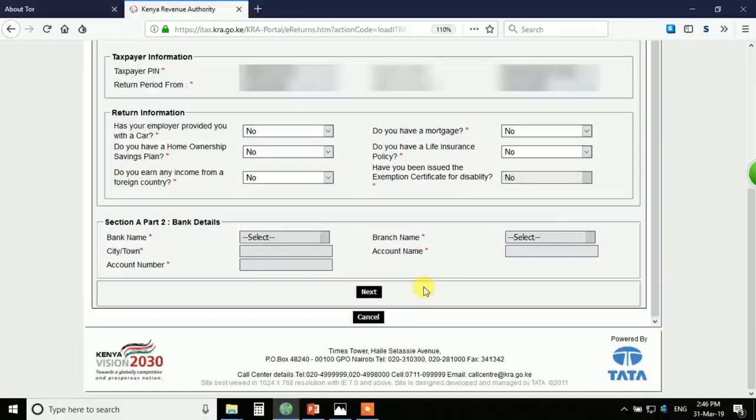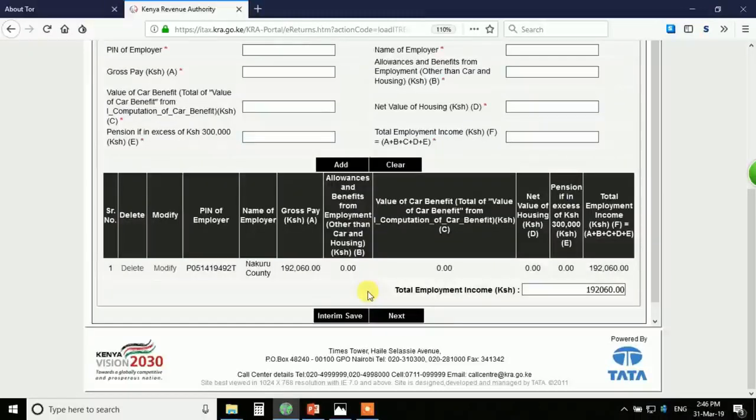Once you've populated that, your work is pretty simple. Just click next. And now, the moment you click next, you see the system pulls out who your employer is. You see here, this is your employer. This is the county that employs this guy. And you see, they have deducted the gross pay they are paying this guy is